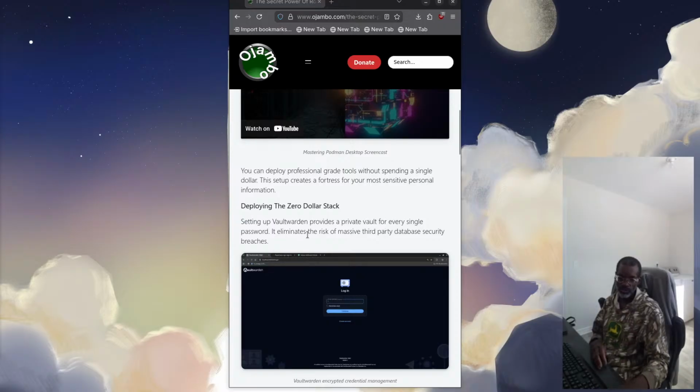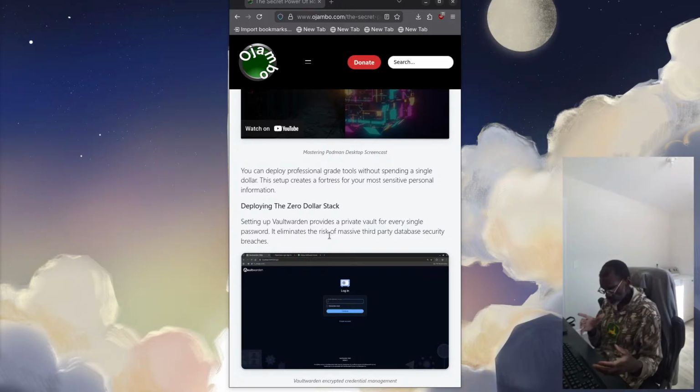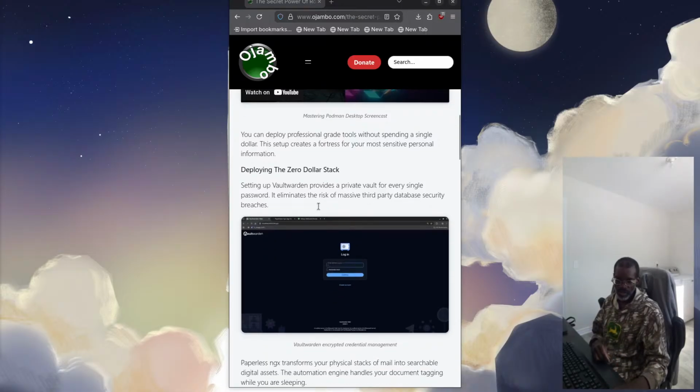So setting up Vaultwarden provides a private vault for every single password. It eliminates the risk of massive third-party database security breaches. So you can set up Vaultwarden, which was actually one of my first app reviews when I was doing Podman. I mean, something I did personally, and that actually went pretty well. So here it is again. Next,